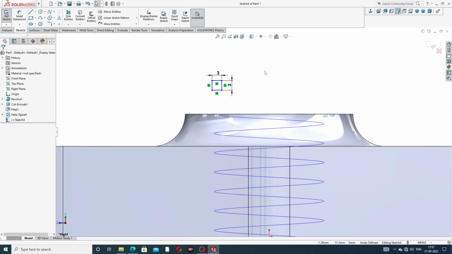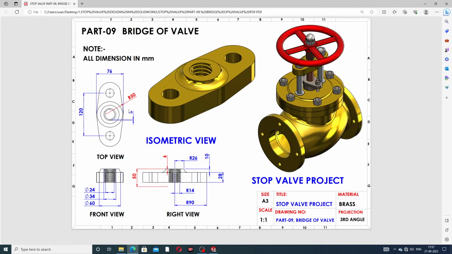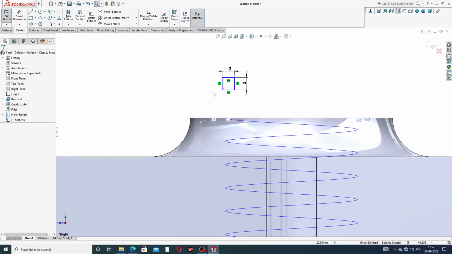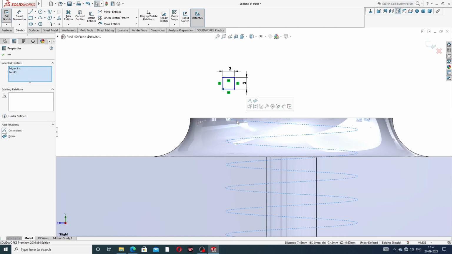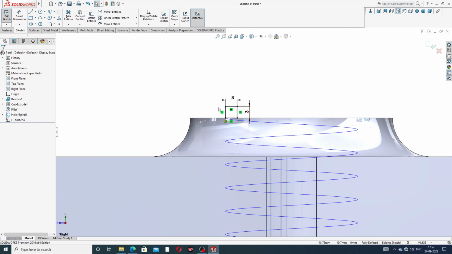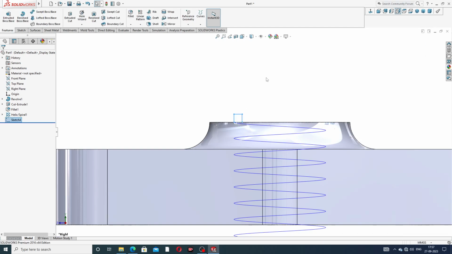Both are equal. Okay, and for this point, press Control, select here, and select this line and use Pierce. Okay, this is black color, which means this is also fully defined, and exit, and use a Sweep Cut,